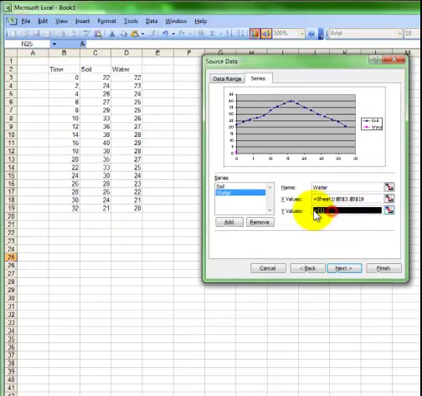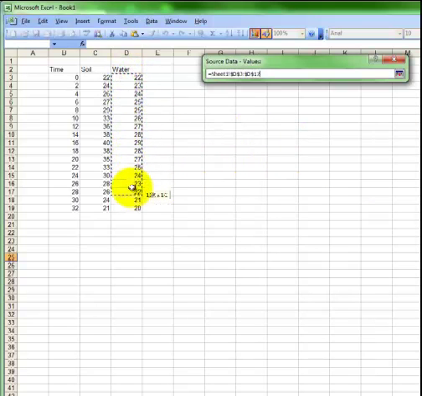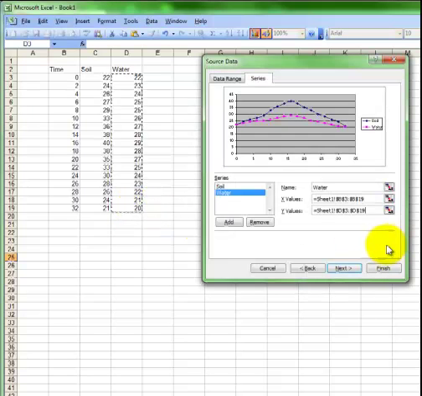Again, it's asking me, well, do you want Y to always equal 1? No. That would basically mean that the temperature never changed. It always stayed at 1 degree. So I have to tell the computer what to do, and I'm telling it, use this data right here as my dependent variable. Once I have that down, I can see now that they're starting to graph for me the soil and the